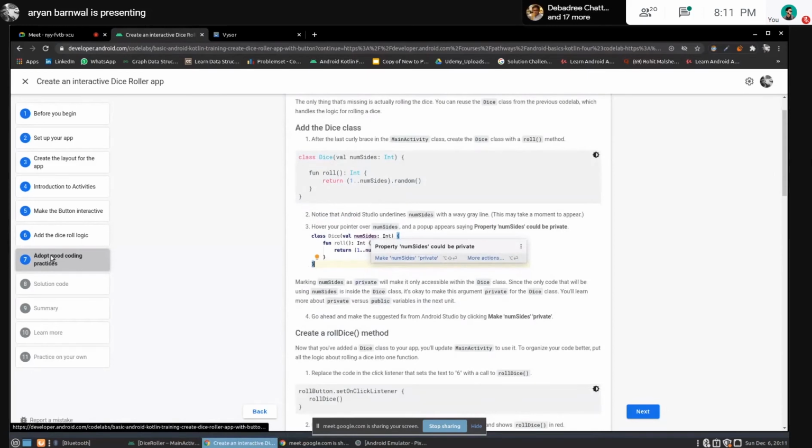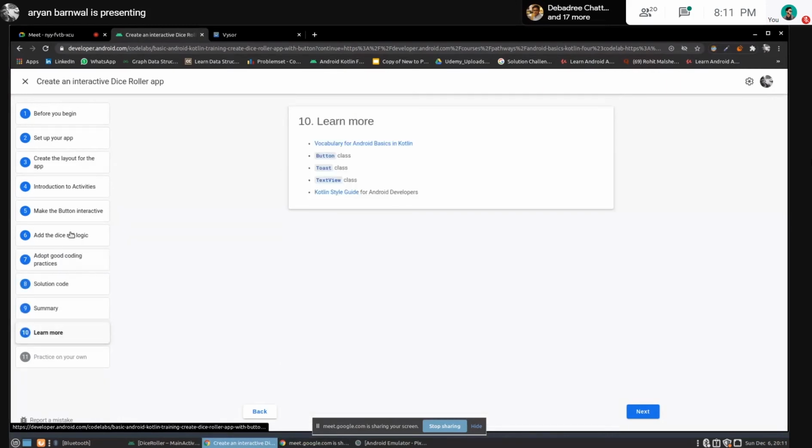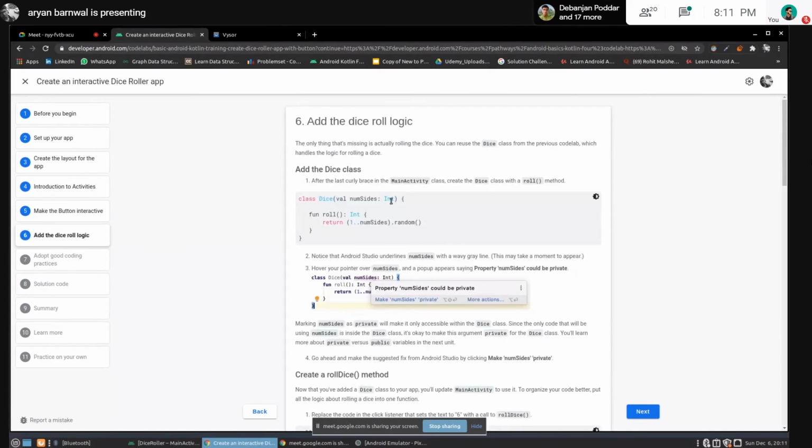Okay, so add the dice roll logic. In the Kotlin playground, we created a class of Dice, and it took sides as a parameter. So we will do the same like that. You can see we have created a class of Dice which contains a parameter of numSides, the number of sides, and it contains a function which will return a number.